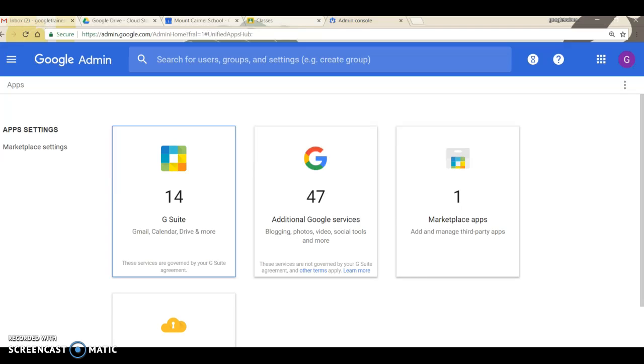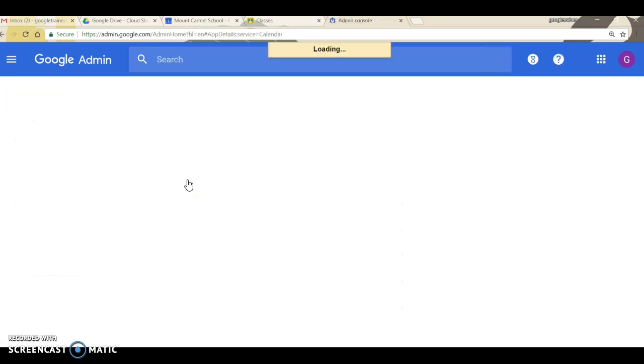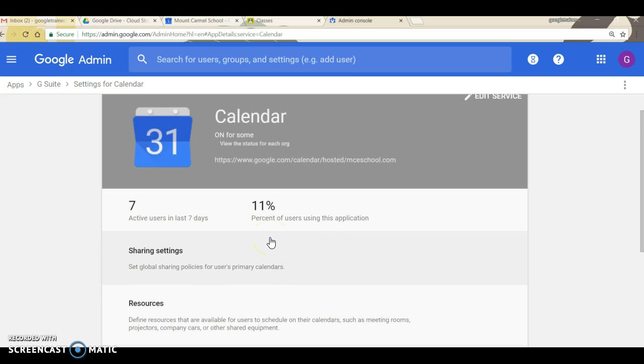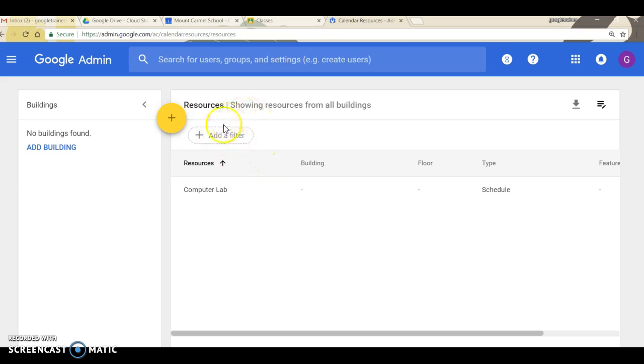Resource calendars are used to reserve spaces that several people want to utilize. So we will begin in the admin console by going to our G Suite, and then we're going to click on calendars. Then from calendars, we scroll down to resources. And so you will add a resource, click on the big plus, not the filter, but the big plus sign,